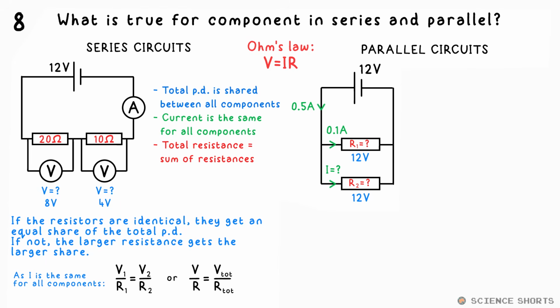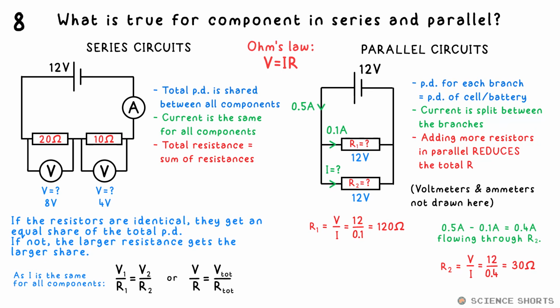according to the resistances. Components in parallel have the same PD, or rather their branches do, we should say. It's the current that's shared this time, so there must be 0.4 amps flowing in the bottom branch. Using V equals IR, the missing resistance must be equal to 12 volts divided by 0.4 amps, that's equal to 30 ohms. Electricity questions pretty much always come down to this, using your knowledge of series and parallel circuits with